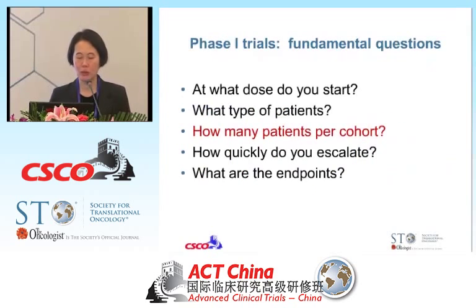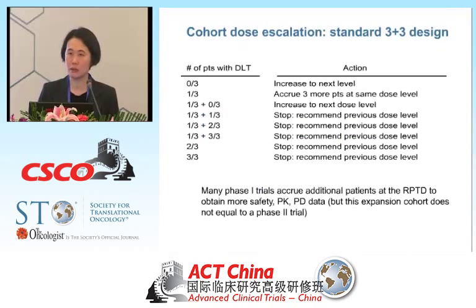How many patients per cohort? And obviously the 3+3 rule we talked about. There's no magic to 3+3, as I'm sure Jack, our biostatistician, will tell you. It is not too small and it's not too big. It allows you to get some comfort that after 3 patients, for example, if you have 1 patient with DLT, that's 33%. So you want to expand that to 6, so you have a little bit more comfort than if you see 2 out of 6. It's definitely, again, 33%, and you don't want to tolerate more than or equal to a third of patients having DLT; you go down. So it's really a mathematical rule rather than some deep science.